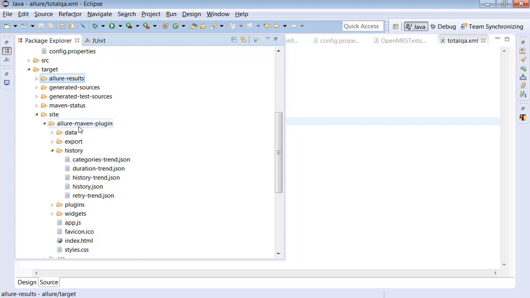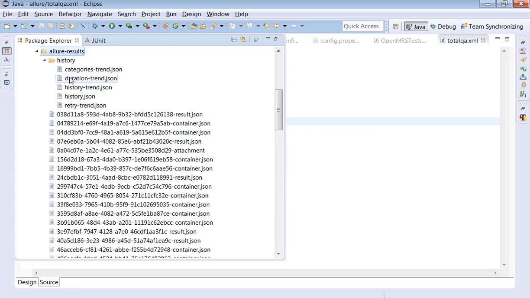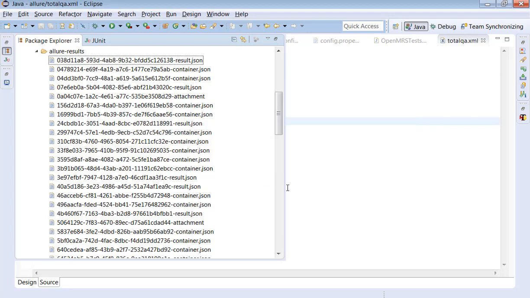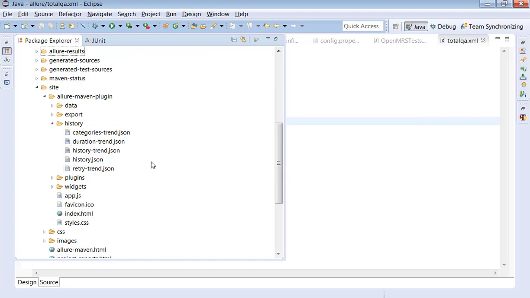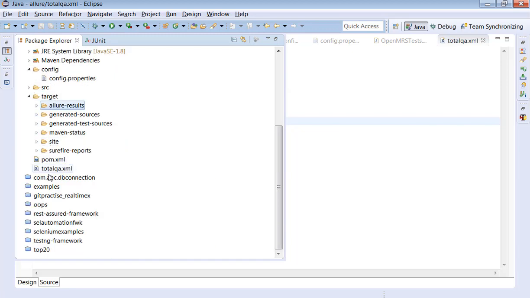So we have to copy the history under site Allure Maven plugin, copy this, go here and paste it under Allure results. Let's do one thing, let's try to delete the history here. Why are we trying to copy? Because we are copying this information into the Allure results, so that the history is added.